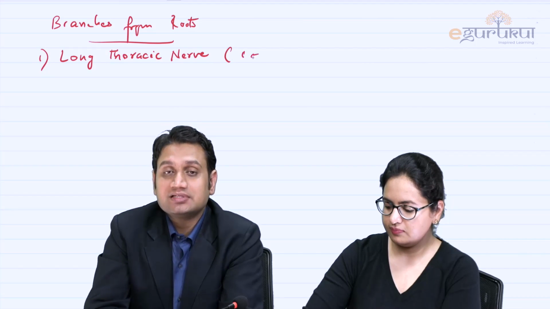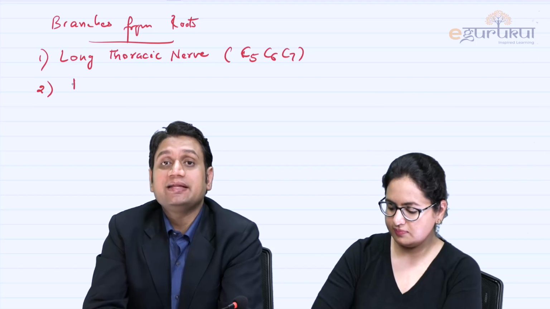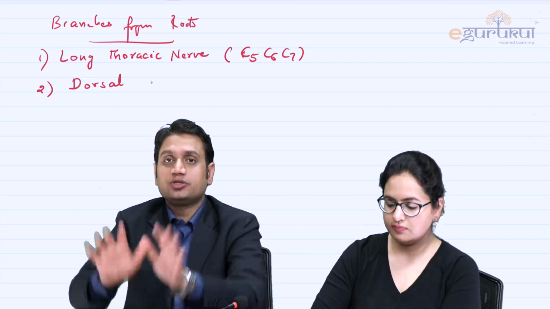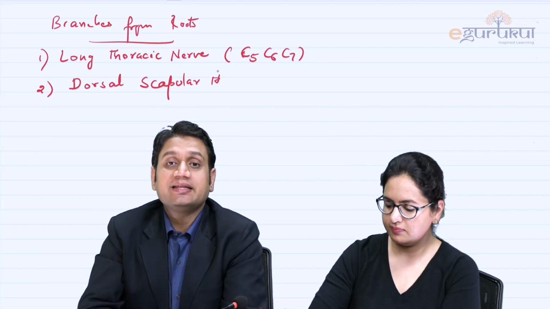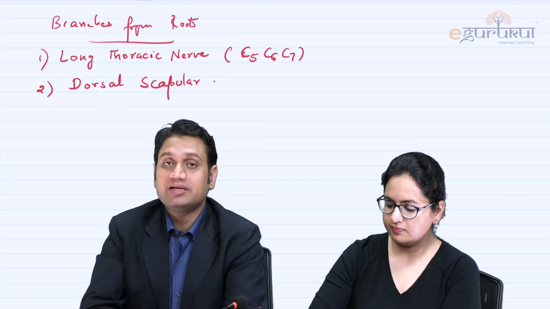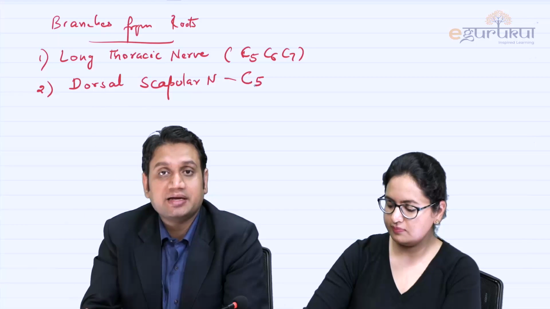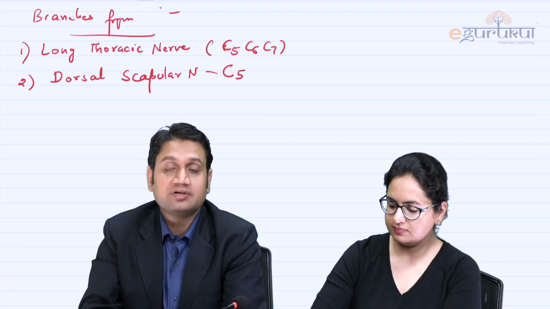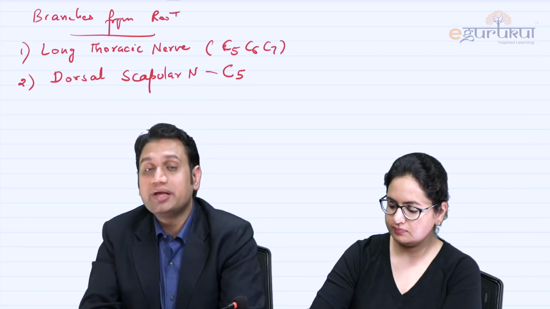Now what is the clinical relevance? This nerve supplies the serratus anterior muscle. And how are we going to check that serratus anterior muscle? Ask the patient to push against the wall, right? And what is going to happen? If the serratus anterior is weak on a particular side, the winging of the scapula becomes prominent on that side, right? So the clinically relevant nerve, again, is the long thoracic nerve coming from C5, C6 and C7. Serratus anterior, winging of scapula.